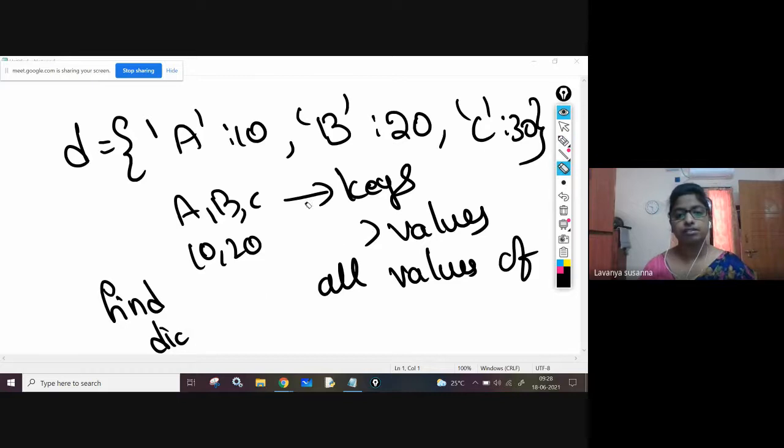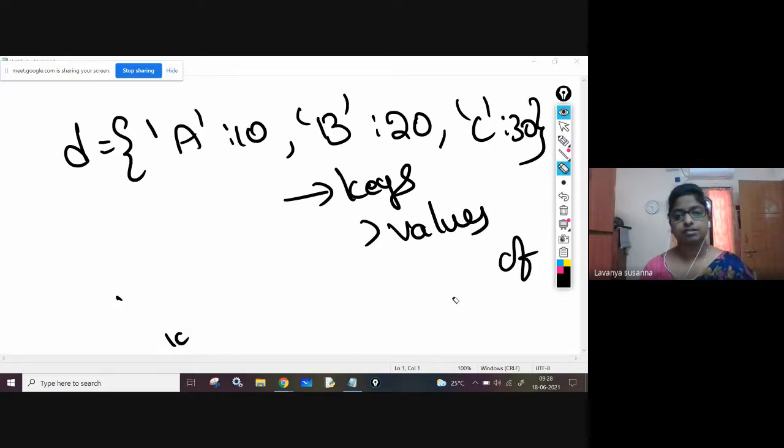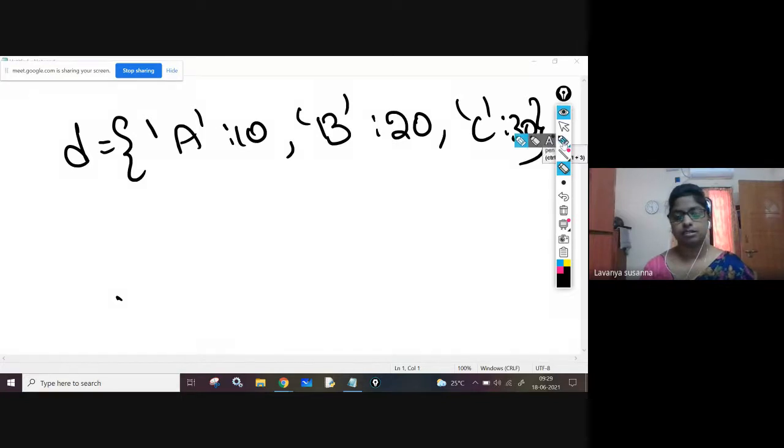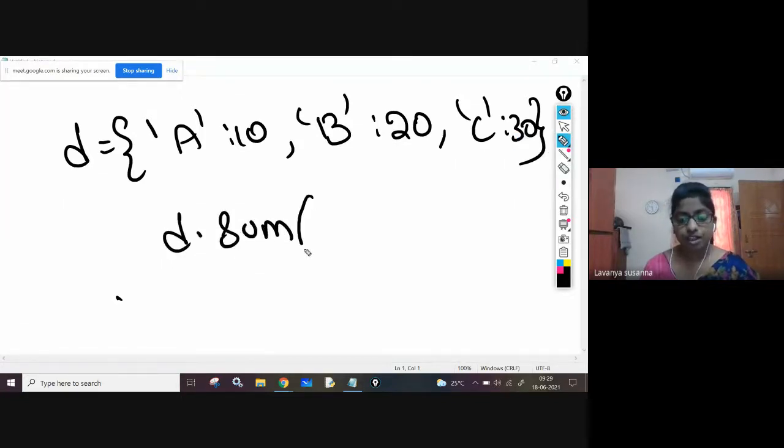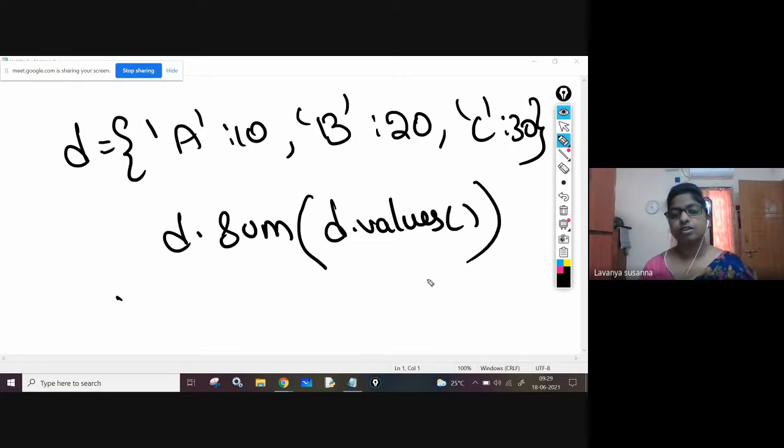Sum of d dot values. You need to use the sum function, and inside this sum function you need to pass the values.